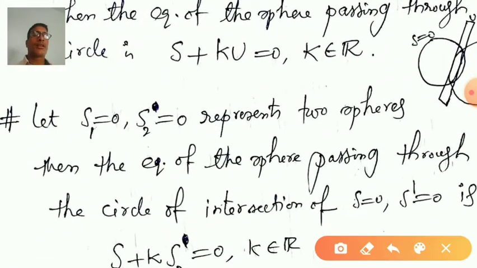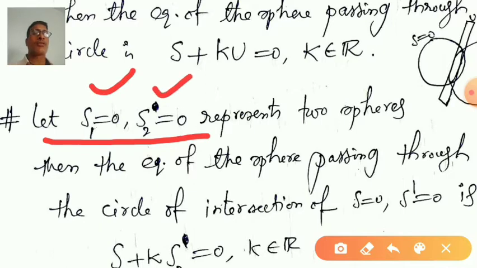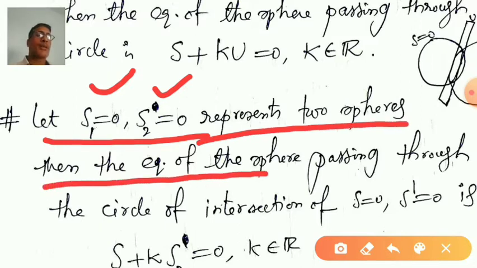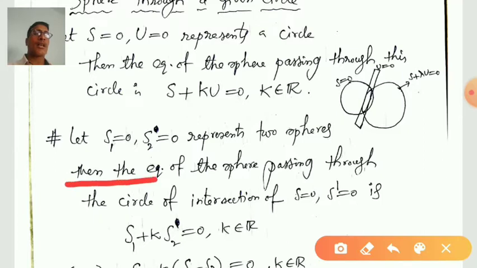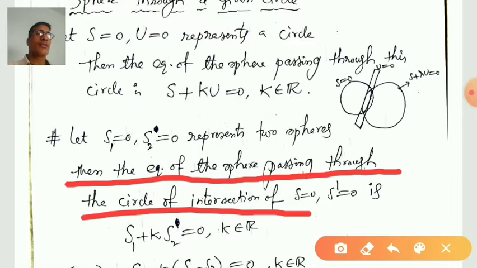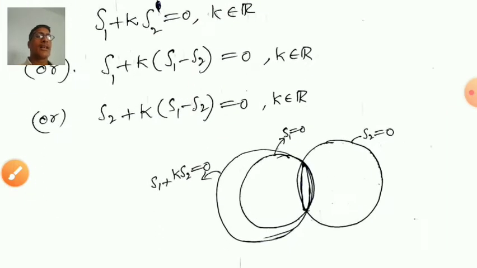Next, see this. Here you are given two spheres. S1 = 0 is one sphere and S2 = 0 is another sphere. These two represent two spheres. Then the equation of the sphere passing through the circle of intersection of S1 = 0 and S2 = 0 is, see this, you can see in the diagram,